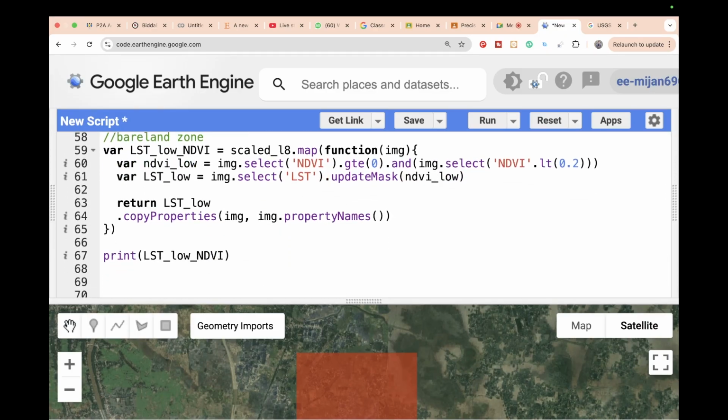So after computing this high NDVI zone or barren land zone, we compute some factors. Let's try to explain this factor. This is the first step to compute your parameter. Okay,